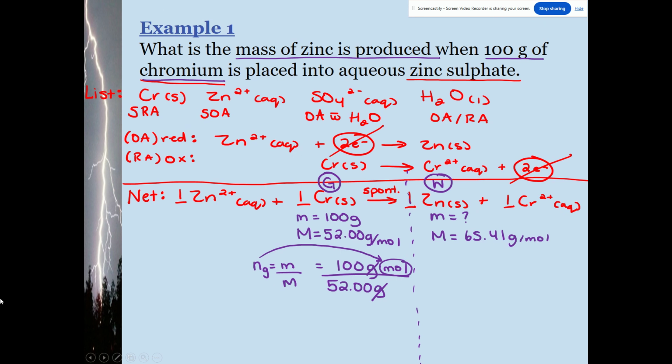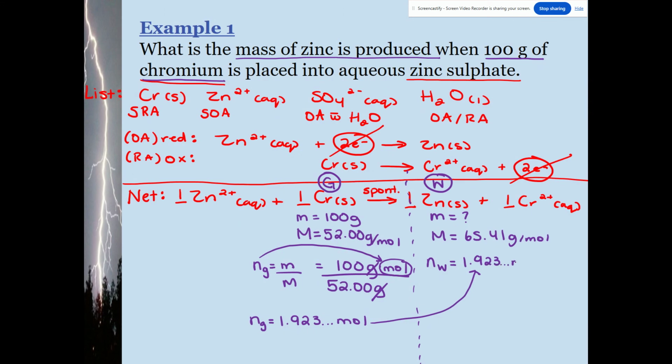So 100 divided by 52 gives us a given moles of 1.923, so on. I'm not writing the whole number down. I'm going to write ... and use the entire long number in my answer to continue in the next step. So now that I have the moles of my given, I can find the moles of my wanted. I take this, again, unrounded answer,